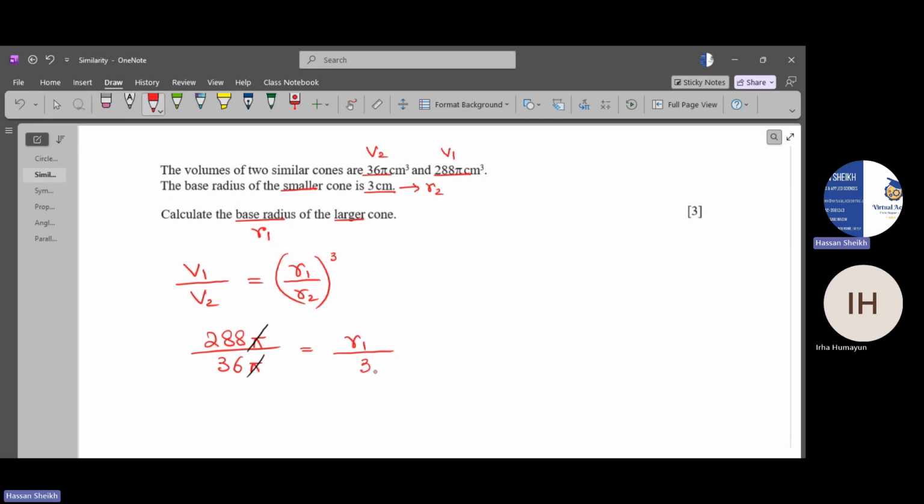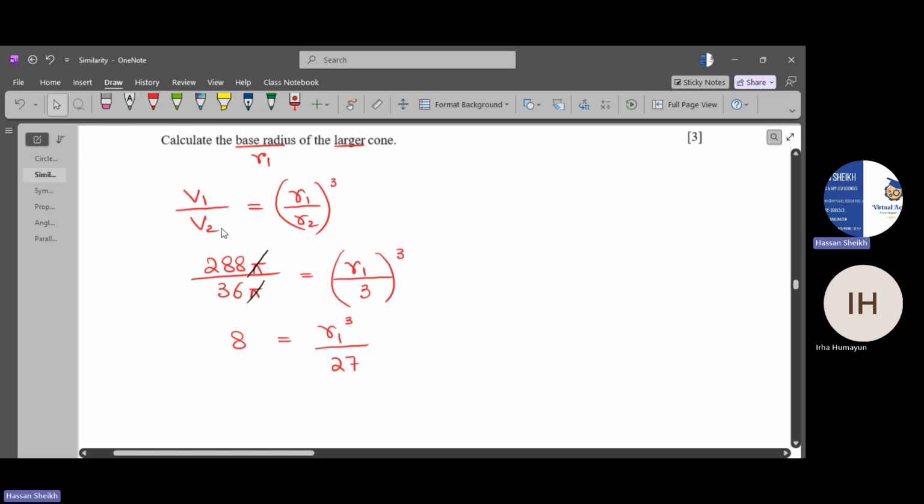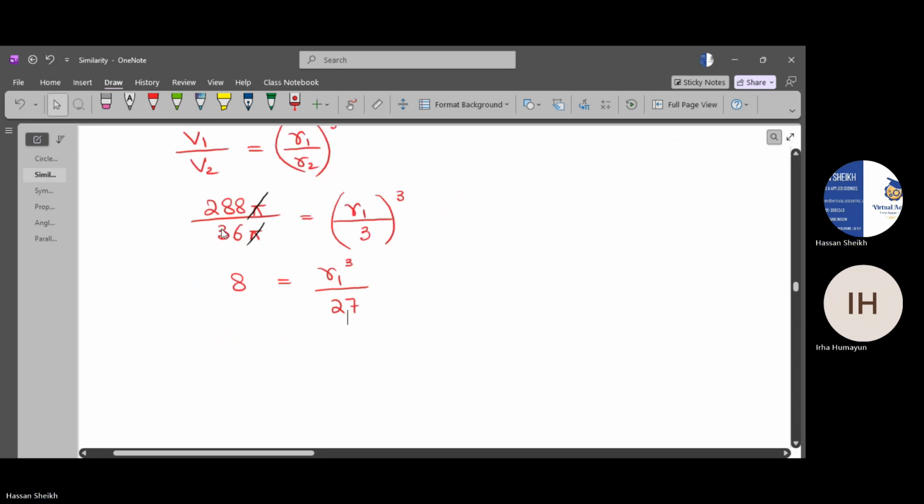You got it correct because this one R2 is 3. So it is a cube here. So 288 over 36 is 288 divided by 36 is 8. And then we have R1 cube over 3 cube is 27. And then 27 times 8 is 216. And then you take the cube root on both sides, and the cube root of 216